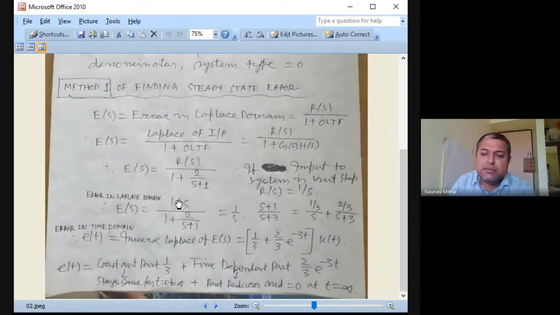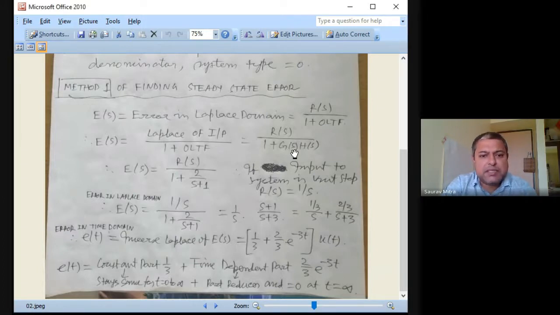So the way we will do it, we will find the error for 1 unit step and 5 unit step. That is another thing. So define step input 1 unit step and 5 unit step, and we will find what is the system response. So this will be our case. This is E(s) equal to 1 divided by 1 plus 2 divided by s plus 1 and all these things, and we'll be finding. Initially we are taking it as 1 by s.